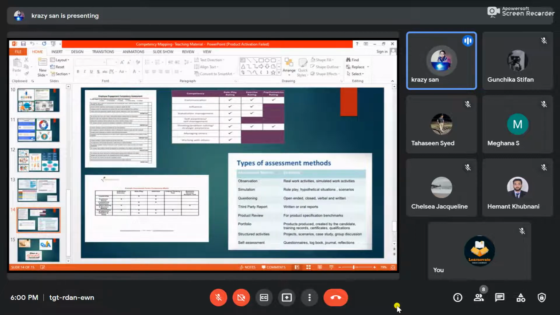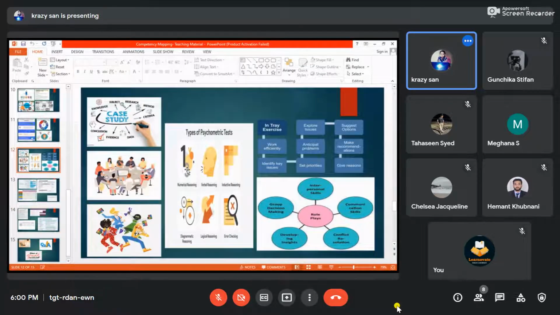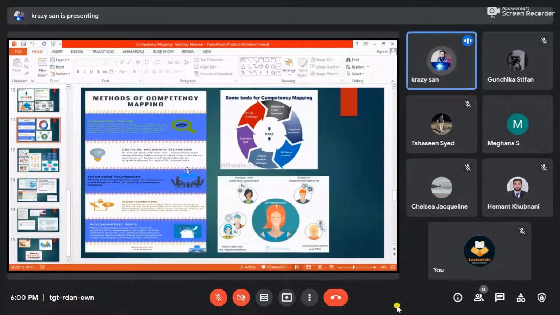So till here, any confusion, anything to ask? No, ma'am. Guys, anything to ask? Okay. No, ma'am. All clear. So if all clear, Meghana, right? Yeah, ma'am. Okay, then if everything is clear to you, tell me